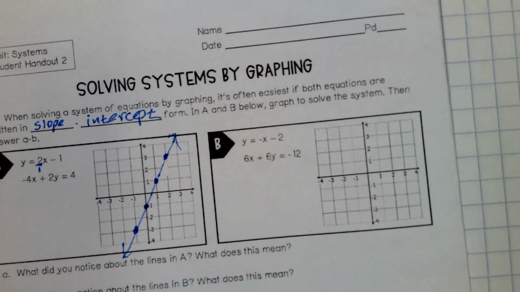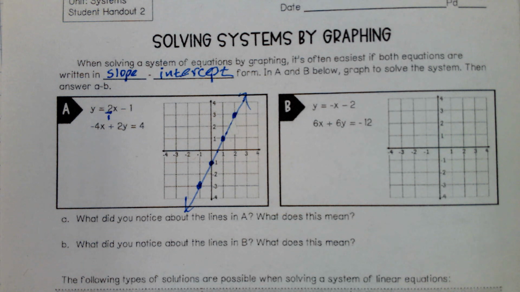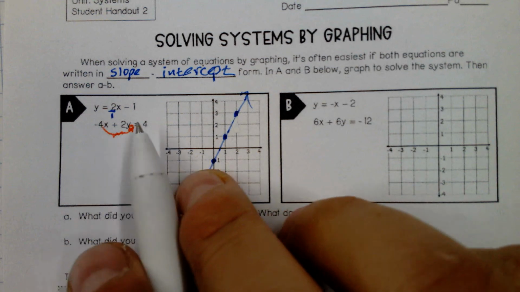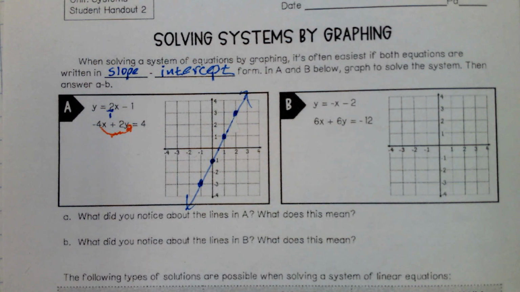Okay. What do we have to do to this second one? This other equation. It's not in slope-intercept form. Eventually divide. Before we do that, let's move over -4x to the other side. So what's going to happen when I move it to the other side of the equal sign? Becomes positive. So my new equation is 2y